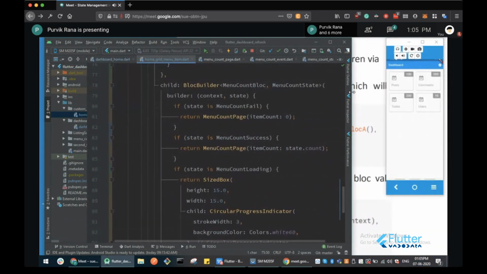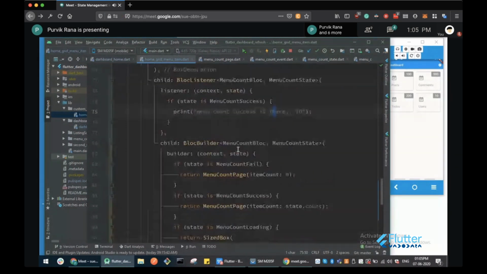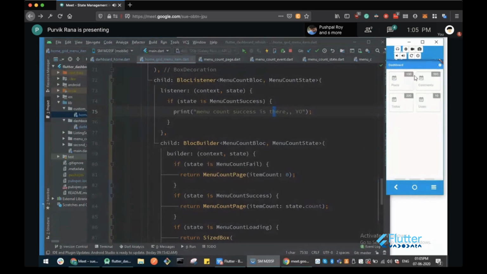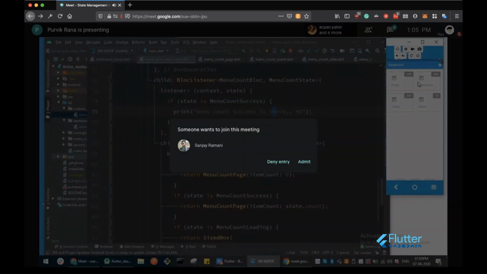So this is where you can implement the block builder, or at what point, because here at the small portion I require the UI change. So here I have used the block builder. Otherwise I can also use the block builder on this place also, for this component or for this whole screen also, but it is not my case, so I have used it over here.